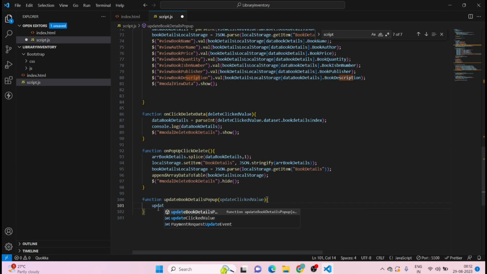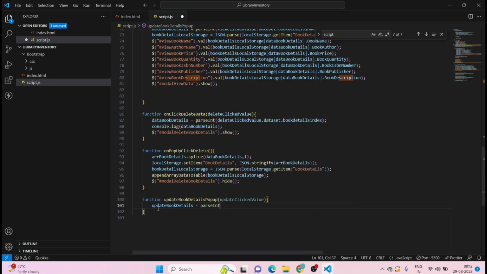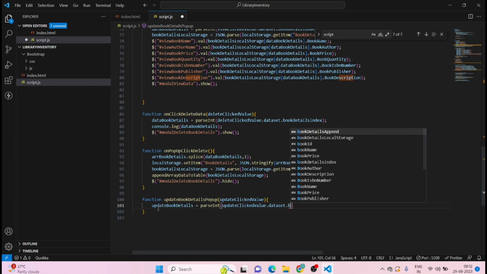Add update book details is equal to parseInt update clicked value dot dataset dot book details index,